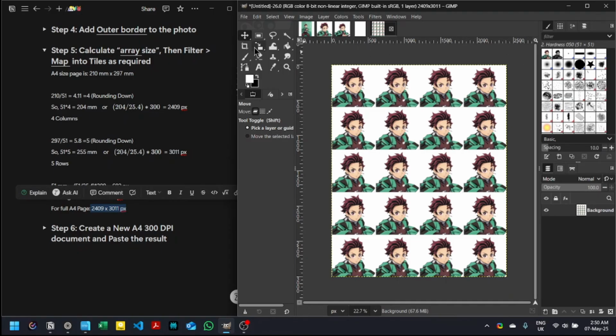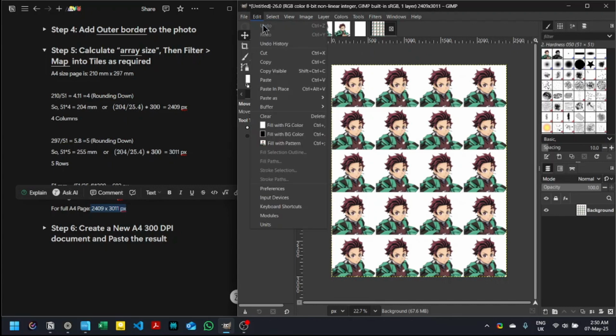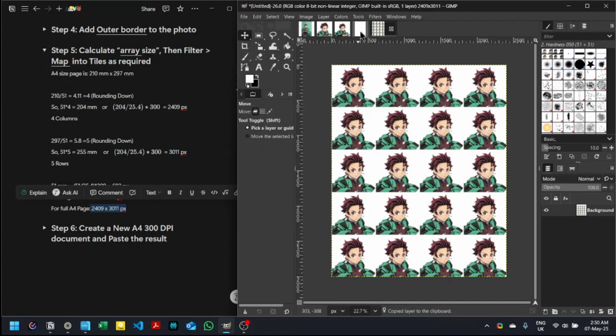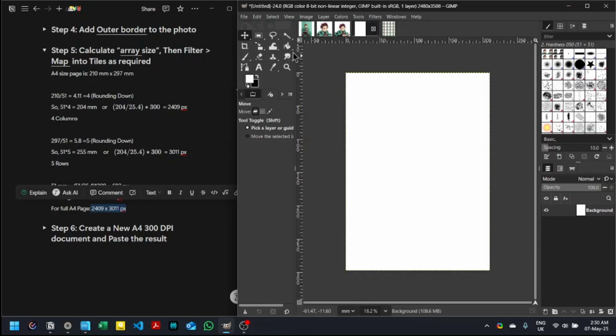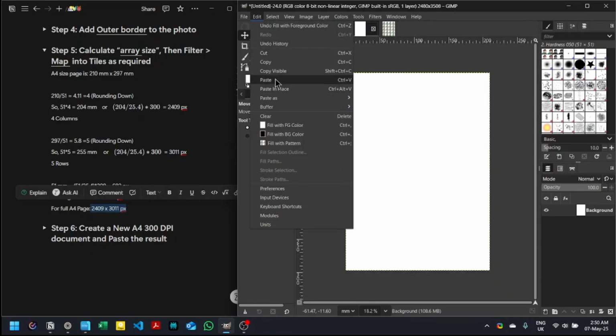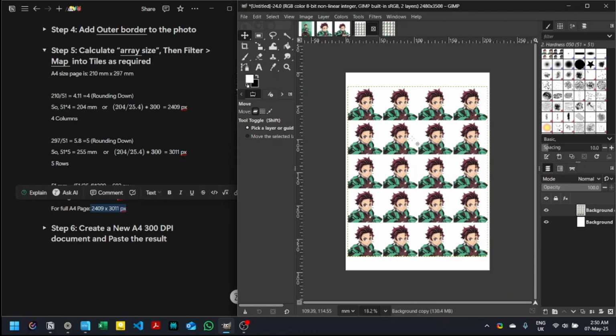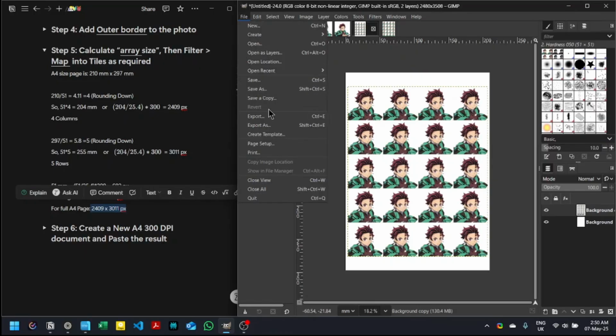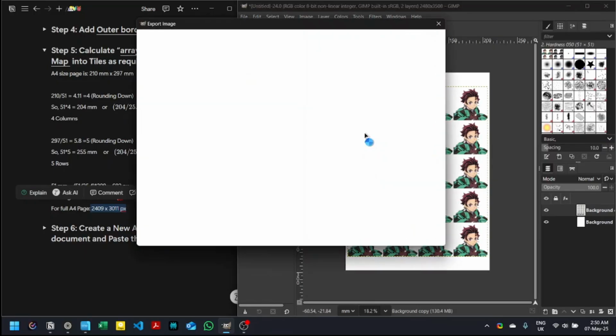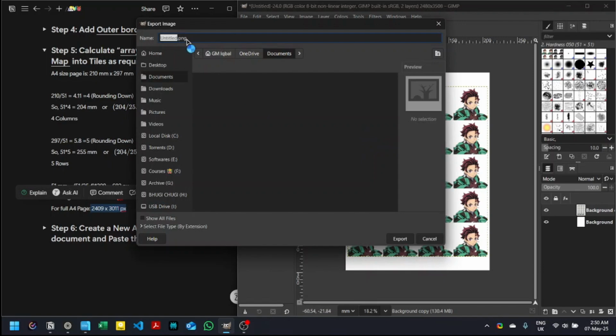Now you can just select, copy this, and then paste it here to the A4 document that we have just created, right? And you can just export this as untitled PNG and then export it and then print it, right? Also,